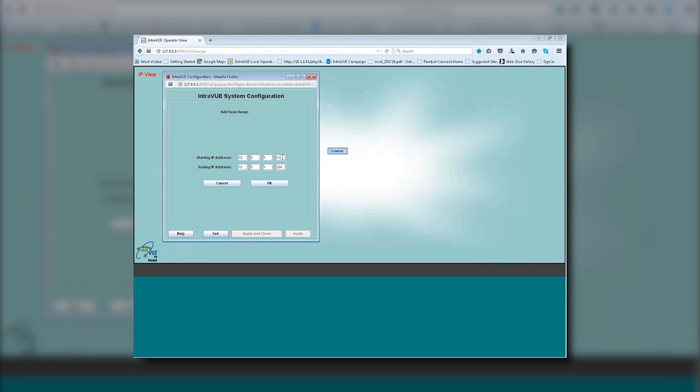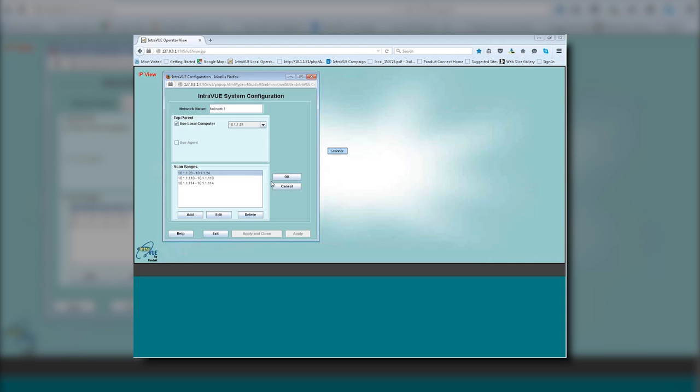And I can make it individually 110. I can add another one that's 114, and I can add 114 in here, and so on. I can repeat this back and put in the 16 devices that I want to use for the trial version